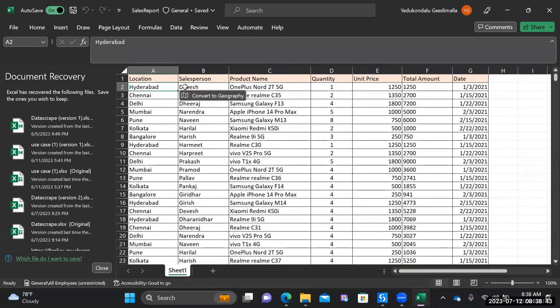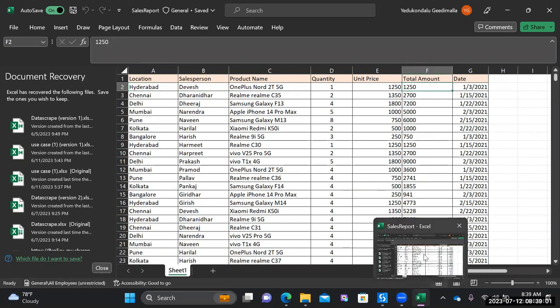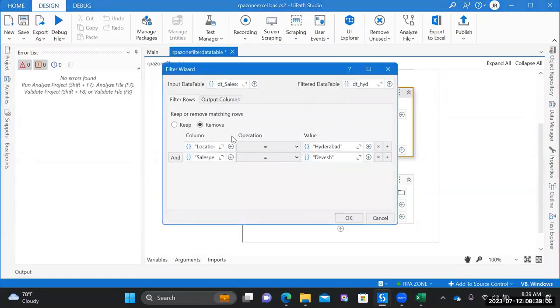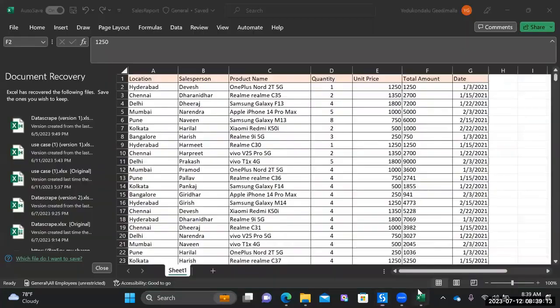If Hyderabad sales, who has given sales more than 3,000 in Hyderabad location, and who has given less than 3,000, you can take less than 3,000 and we can remove them. In Hyderabad location, people who have given less than 3,000. Okay, what I'm going to do here: location Hyderabad. Okay, and the total amount